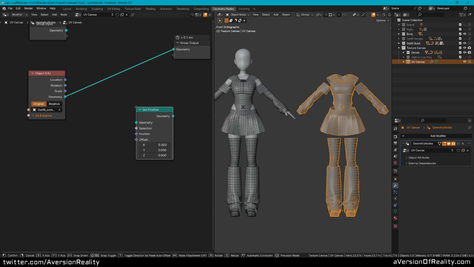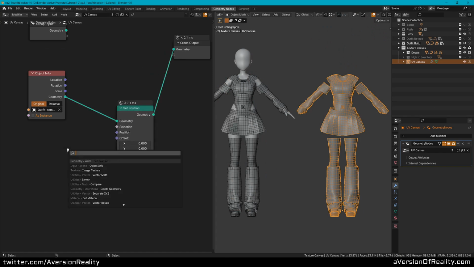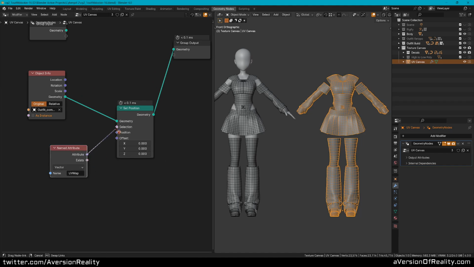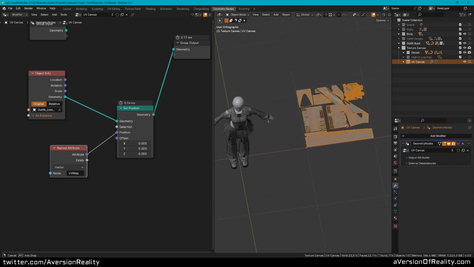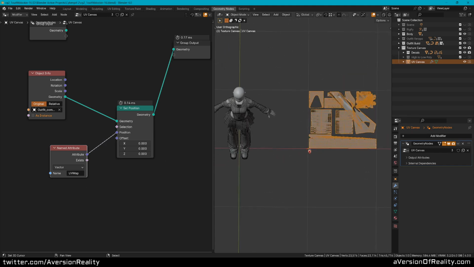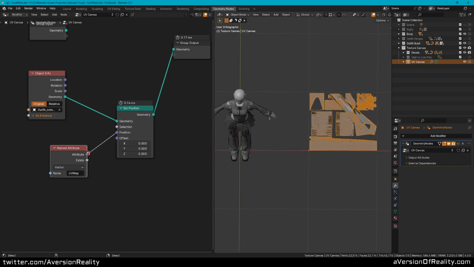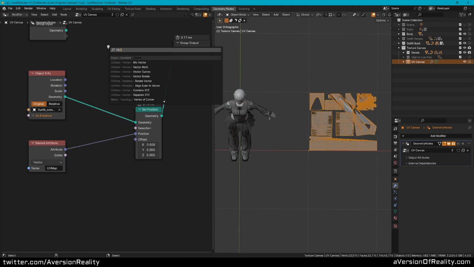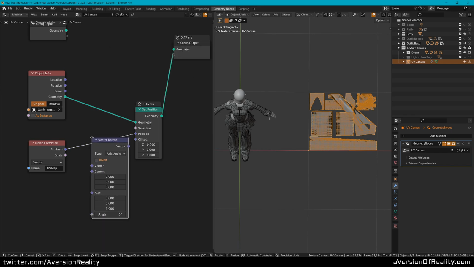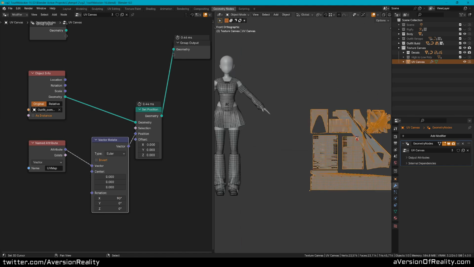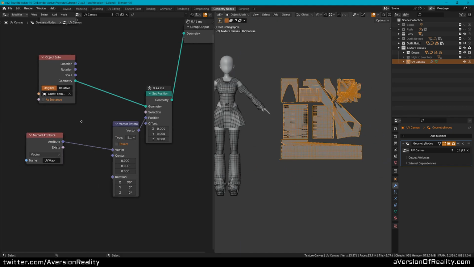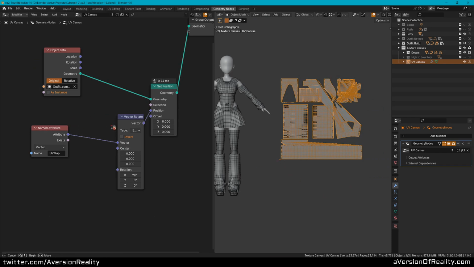So we'll get a set position and a geometry named attribute of the UV map and set the position to the UV map. And now it's all X and Y because UV is an X and a Y. So we will grab a vector rotate node on Euler, 90 degrees on X. You don't have to do this. I just do it this way so that I can see things a bit better. And also, I'm going to center this on the origin point.